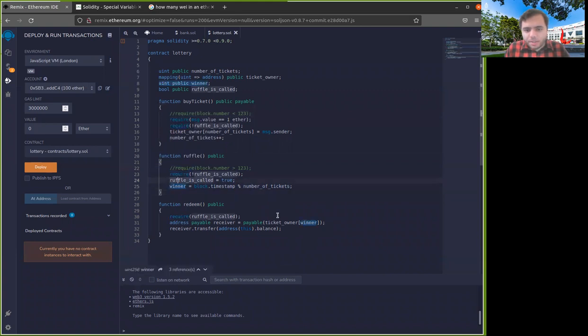Let's go back here and see the problem. So as I just said, block.timestamp is something that the miner of the current block just chooses. And there are very little limitations on what the miner can put here. So the timestamp should, of course, make sense. For example, you cannot create a block that comes after another block and has a smaller timestamp. That doesn't make sense, right? So there are some checks in the protocol that don't allow you to just use any timestamp.